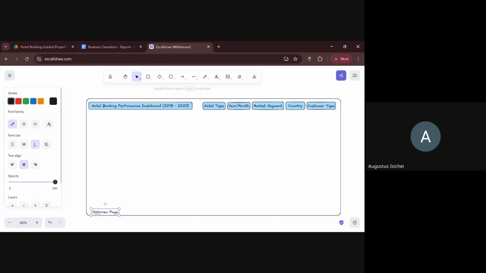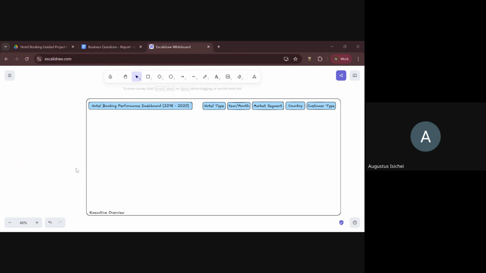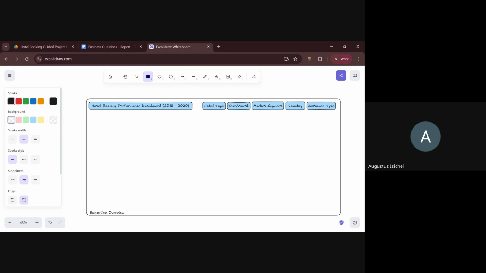Let me just put it down here. Executive overview. All right, awesome. So that is going to be my executive overview page. What do I want to have on this page? On this page, I'll have some metrics. The metrics will just give an overview. They'll tell how the hotel is performing overall, and those top level metrics would include something like